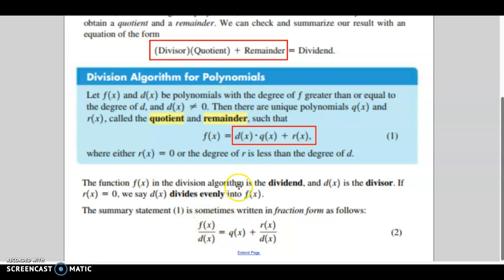And we could write this in this way, or we could say that f of x divided by the divisor